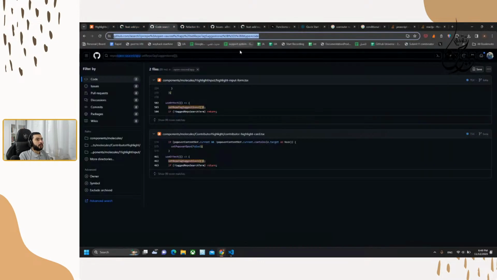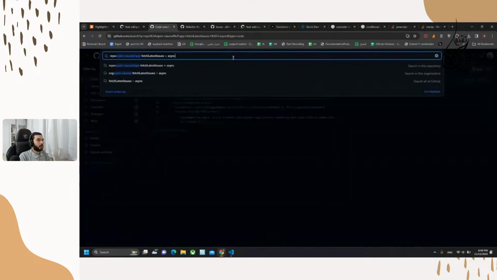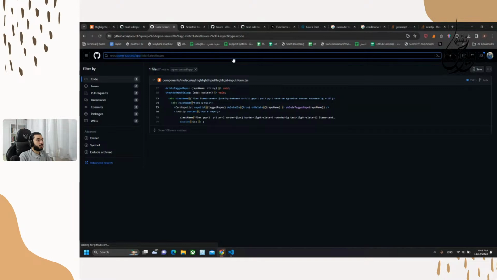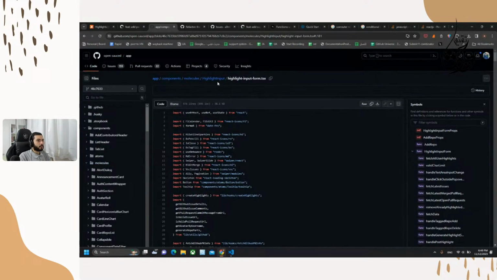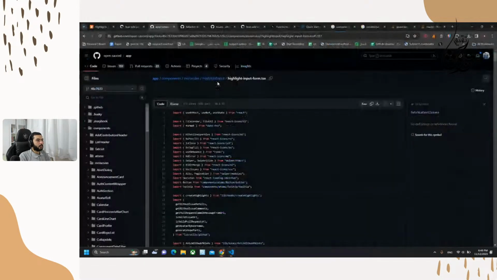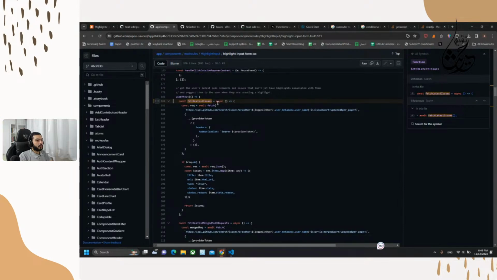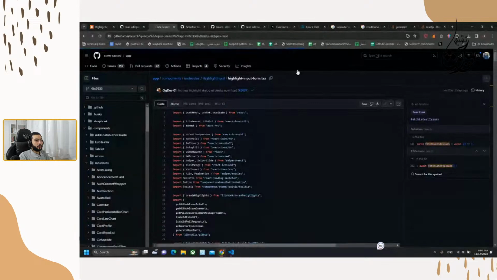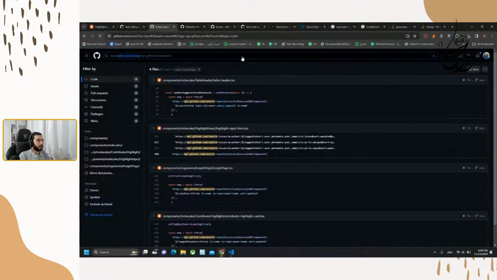I'm just curious if we have used the same logic for this one as well. Why did we have similarity with the card, by the way? Here we have the API. I'm just checking something else right now, which is how many times we have used the GitHub API.